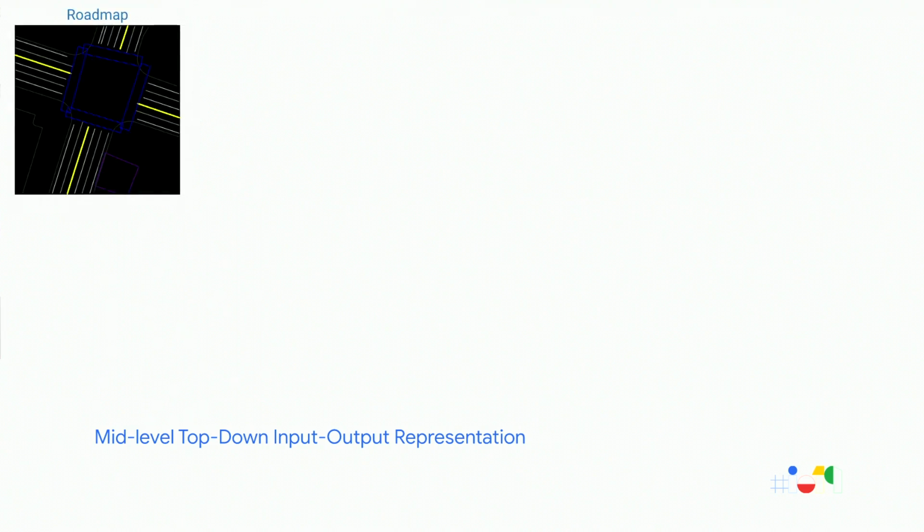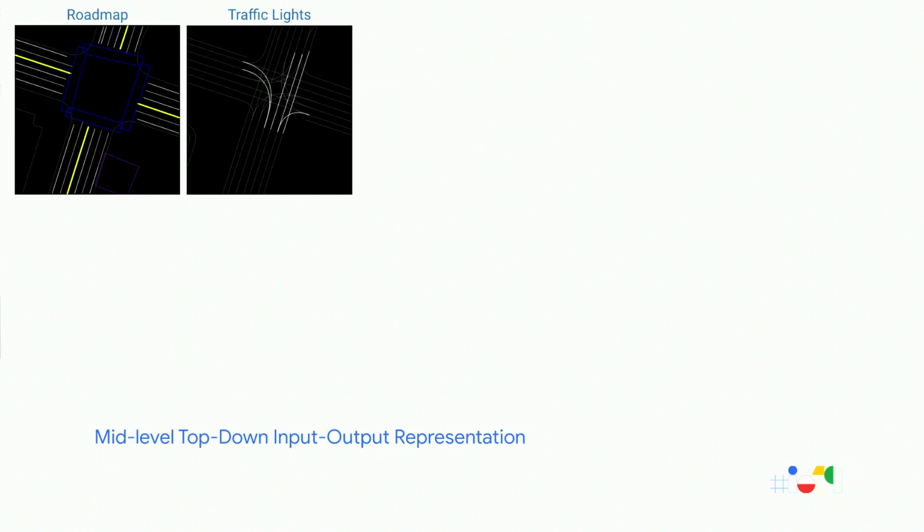Then we'll represent all the context around the SDC or the agent in the same coordinate system. So the first image shows a road map which represents all the known a priori features of the map. For instance, you see the lane markers, the center line shown as yellow, the crosswalks in blue, and we can add a lot of features like stop signs, the presence of traffic lights, and so on in the same map.